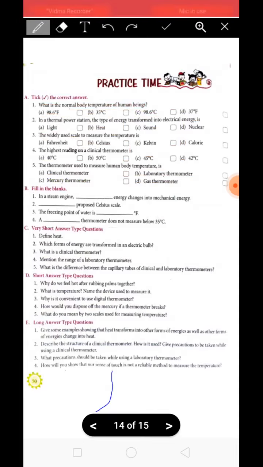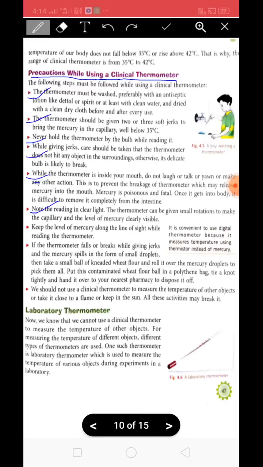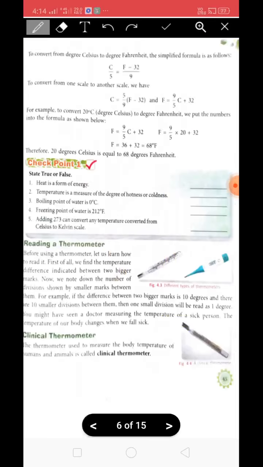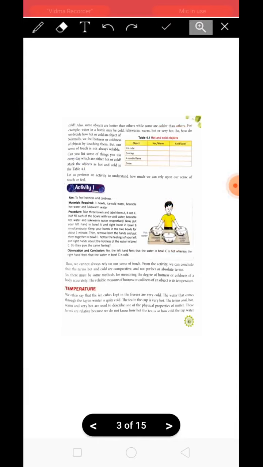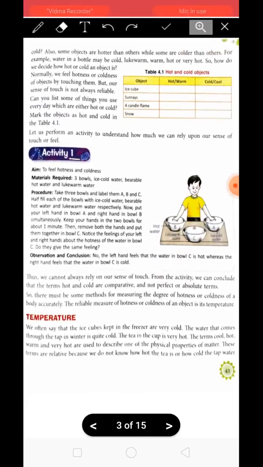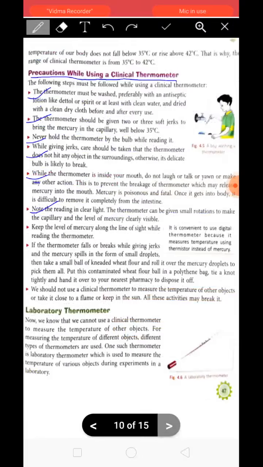Question number 4. How will you show that our sense of touch is not a reliable method to measure temperature? For that you need to perform activity number 1 of this chapter. See, this activity is your answer. You will write this whole activity from here to here with a diagram. Okay, now next is